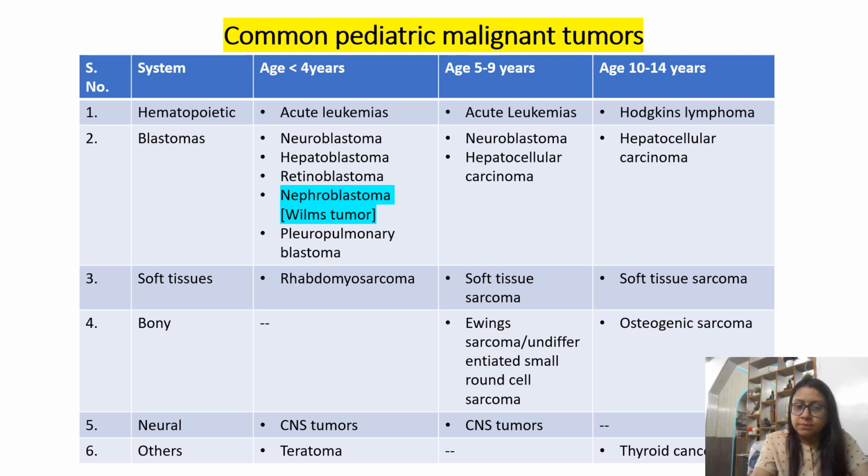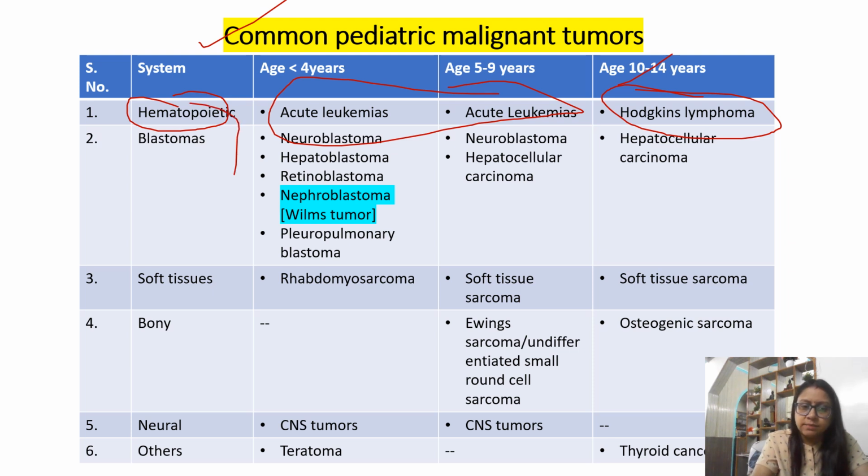So उसके बाद भी what are the different common pediatric malignant tumors? So now we'll concise our discussion to these things. Hematopoietic जो होता है system, blood को involve करता है, less than 4, 5 to 9, till 9 years you can see acute leukemia to be the predominant one. Above 10 years, what you see is Hodgkin lymphoma का first hit होता है. Hodgkin's lymphoma has bimodal presentation. First you can see in 10 to 40 also, and second in the 20 to 40 age group also.